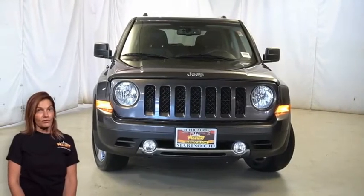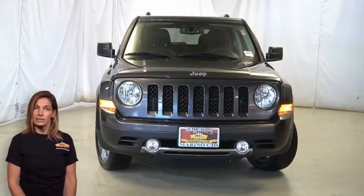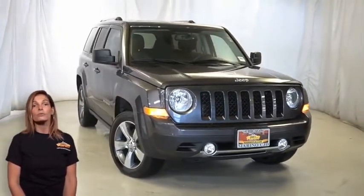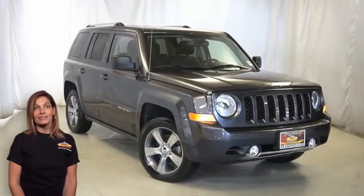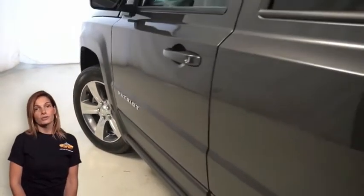If you're looking for a functional compact SUV with reliability and safety for the whole family, then take a look at this 2017 Jeep Patriot High Altitude in granite crystal metallic. With halogen headlamps, deep tint sunscreen glass, power heated mirrors with manual foldaway,